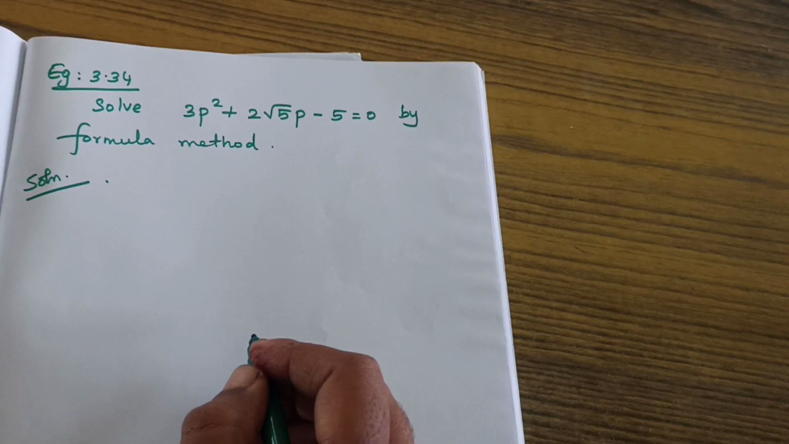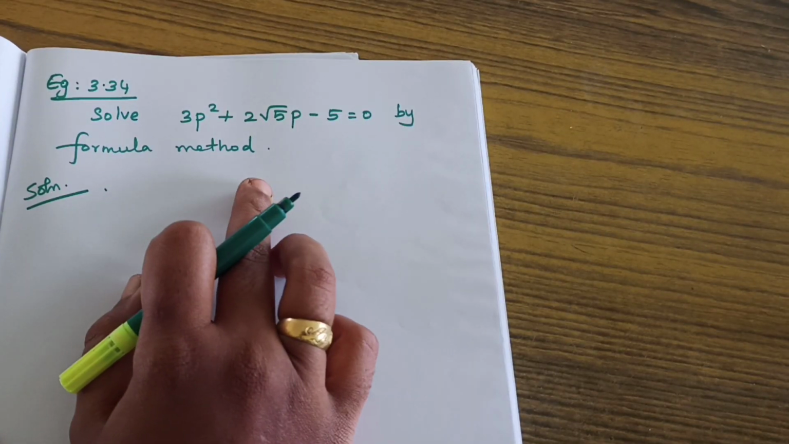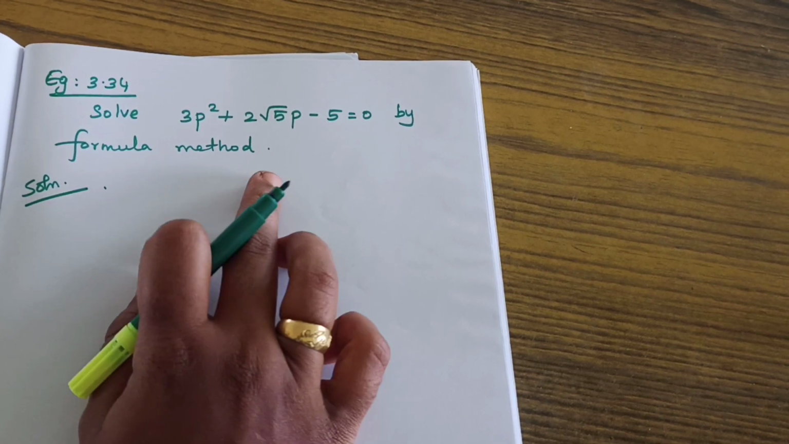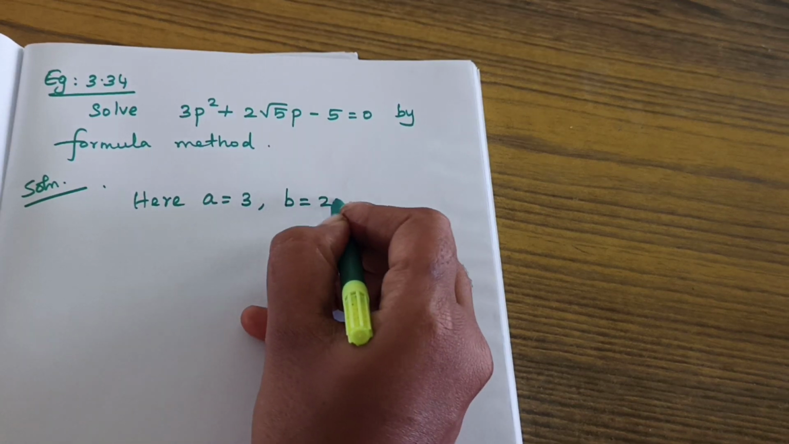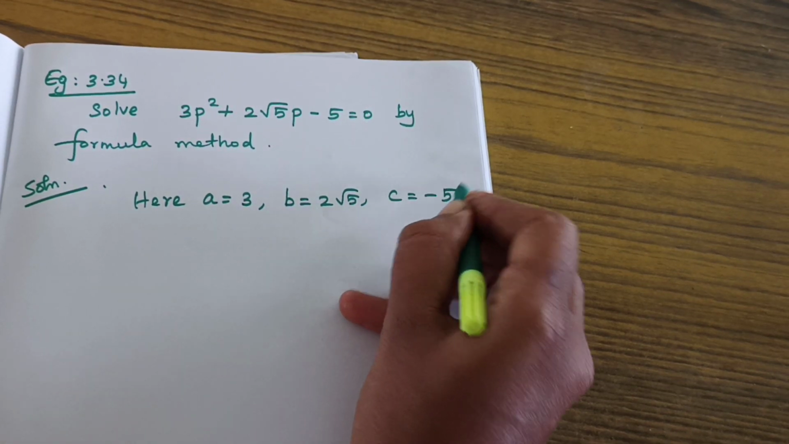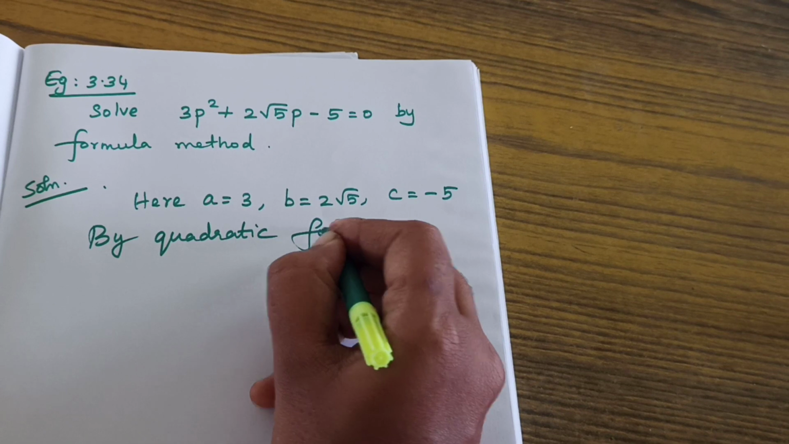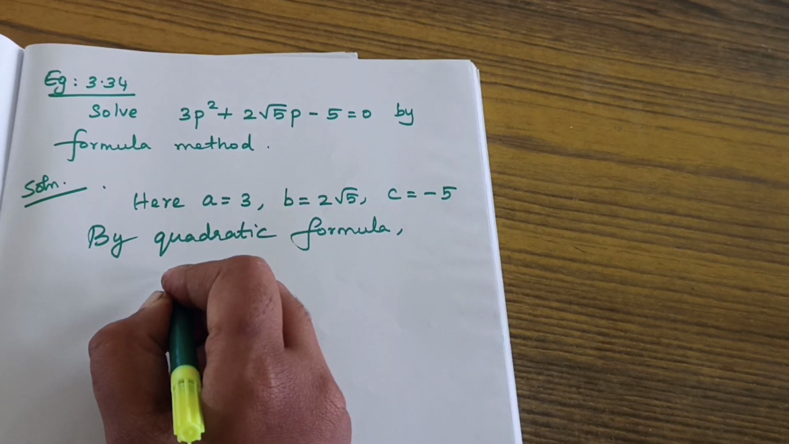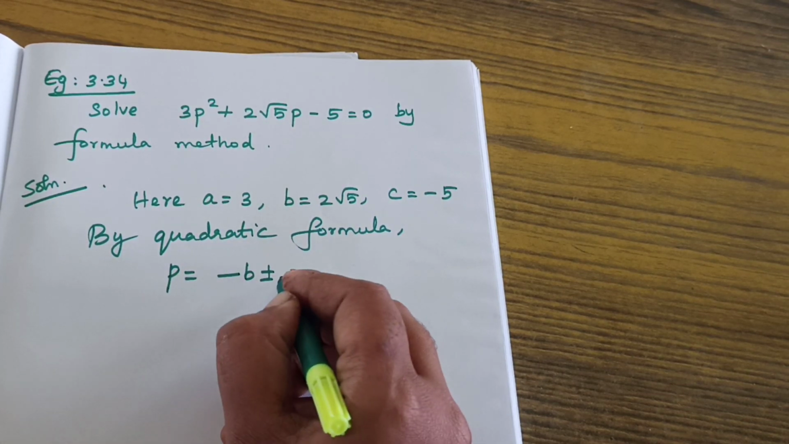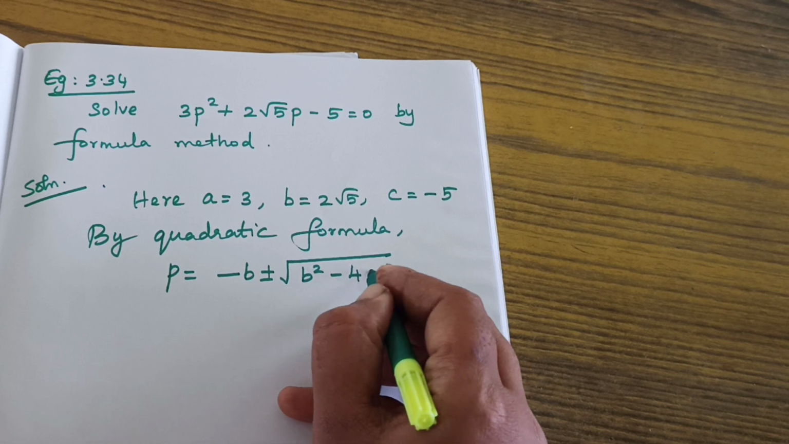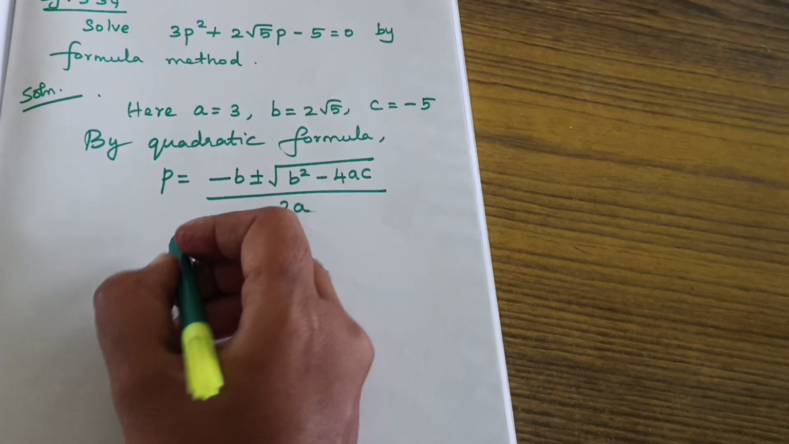Got it? Okay, listen dear students, example 3.34, solve this one by formula method. Question itself they asked to find using by formula method only. So here a is equal to, what is the value of a? 3, b 2 root 5, c minus 5. So by quadratic formula, tell the formula. Here normally we will write x equal to, here the variable is p. So p is equal to minus b plus or minus square root of b square minus 4ac, the whole divided by 2a. Don't skip it, whole divided by 2a, okay,